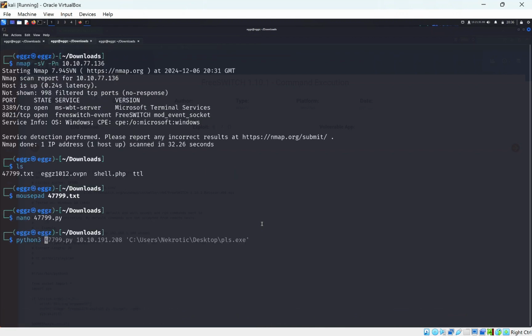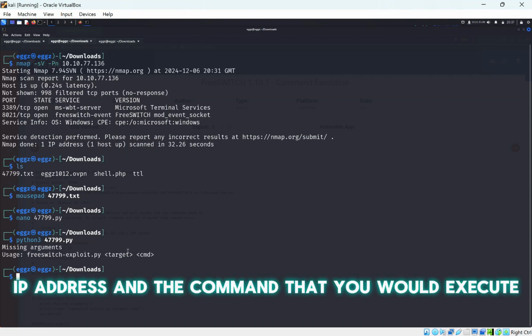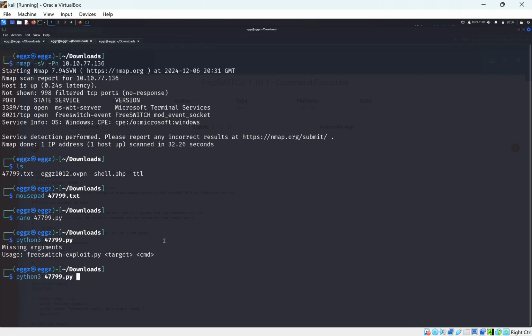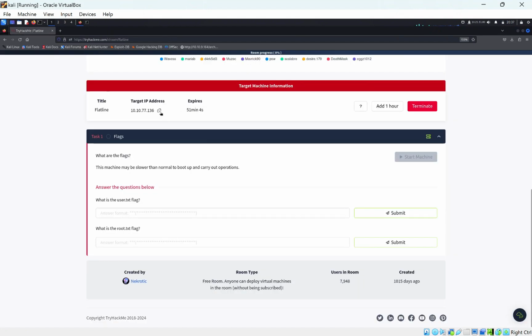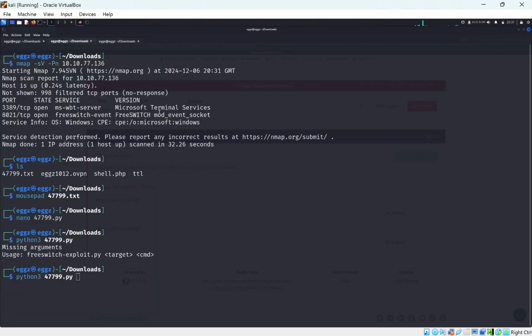Let's do python3 47799.py, and let's just press enter. And it says something about you need to put a target IP address and the command that you would execute. So let's do the IP address of our machine and let's copy this. Now we copied it, let's paste this in and let's put the command that we run, which will be